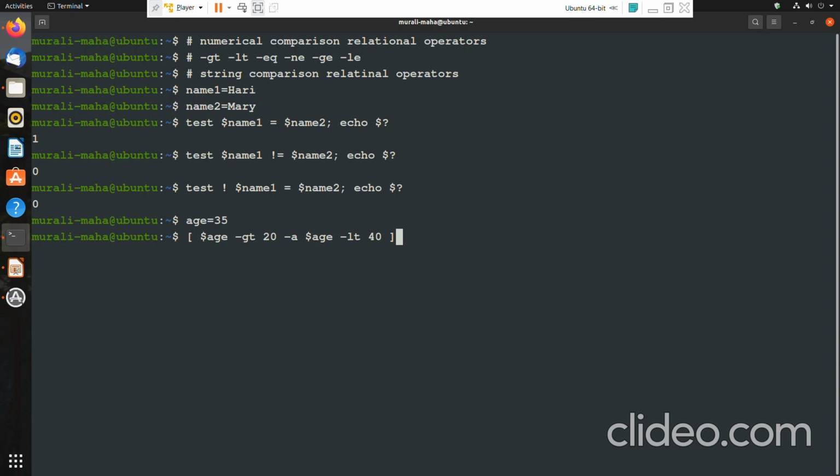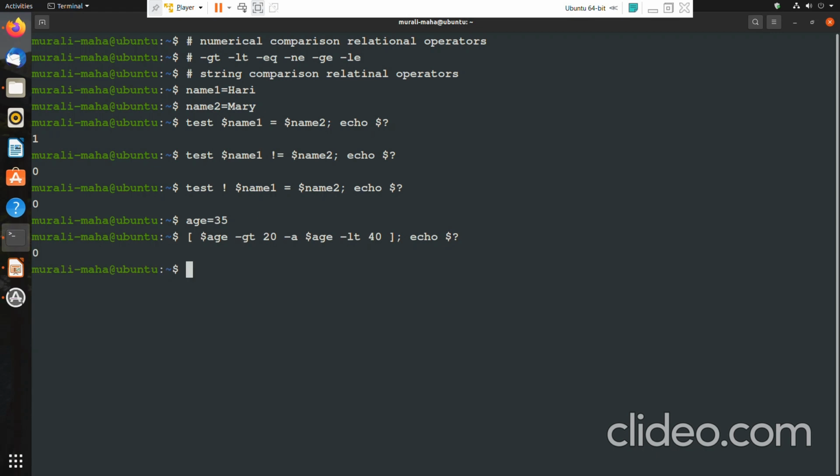That is the significance of the AND operator. So $age greater than 20 should be true, and $age less than 40 should be true. Here age is 35. Greater than 20 is true, less than 40 is true, so this should be evaluated to true. Echo $?. The value is 0. It means it is evaluated to true.